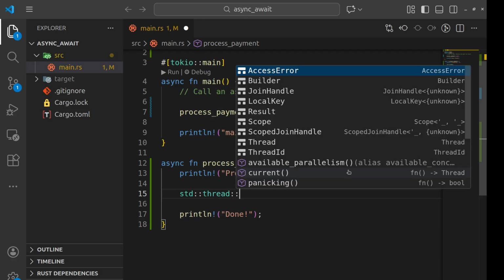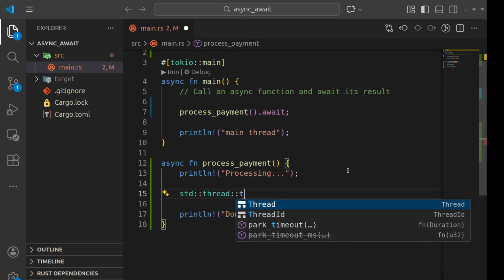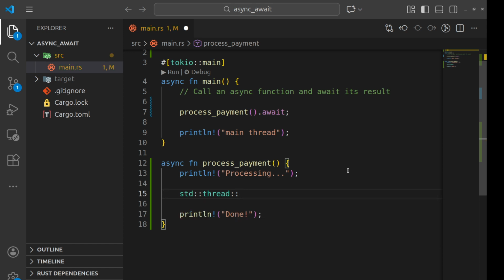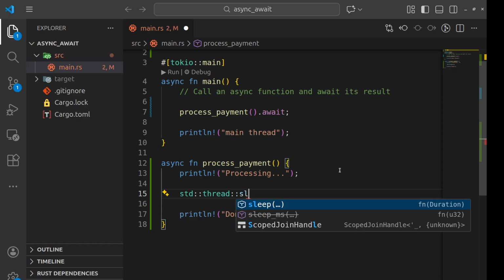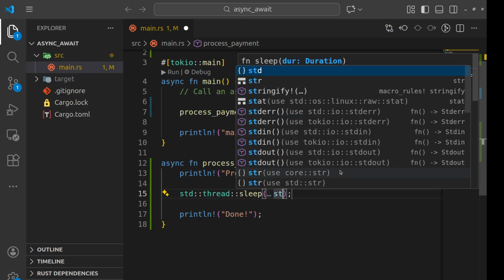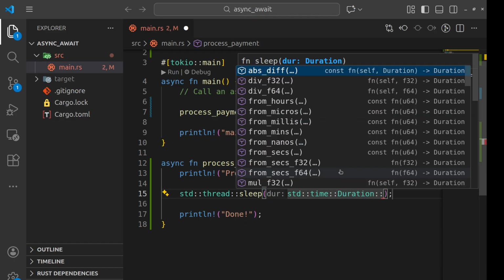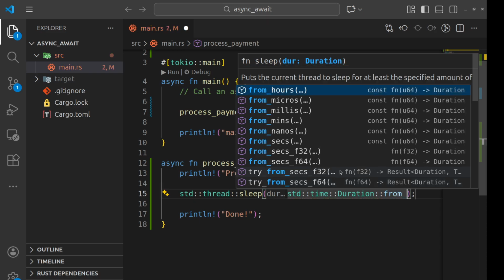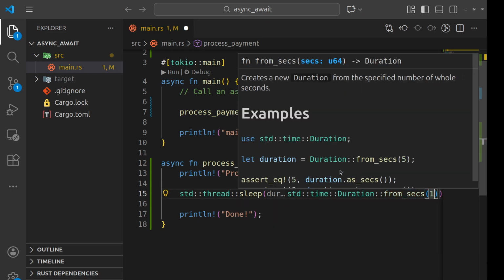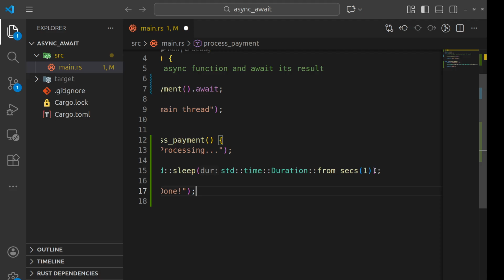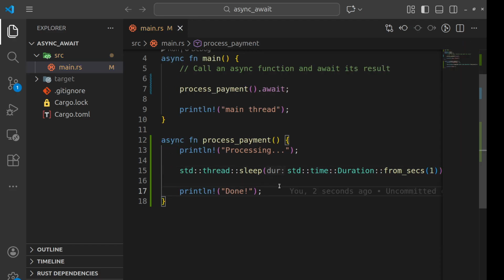thread sleep and time from seconds, 1 second. So if we add this line, not only are we